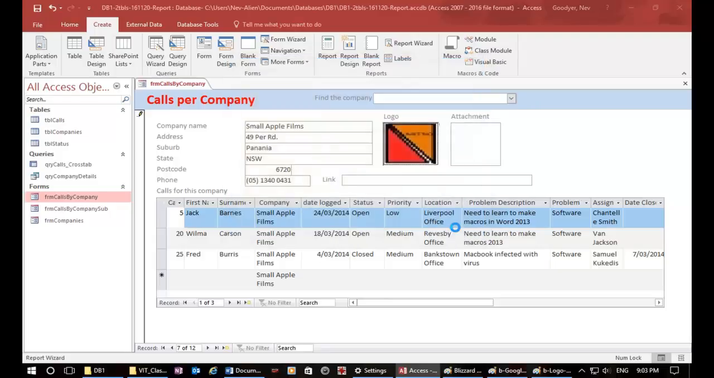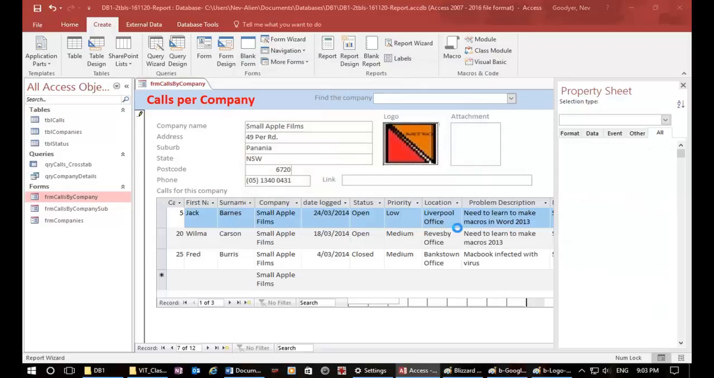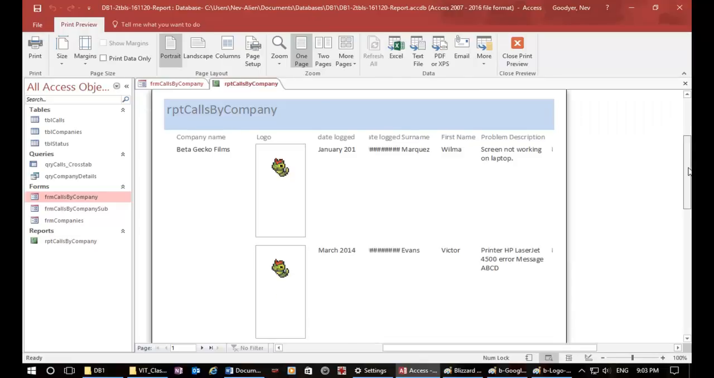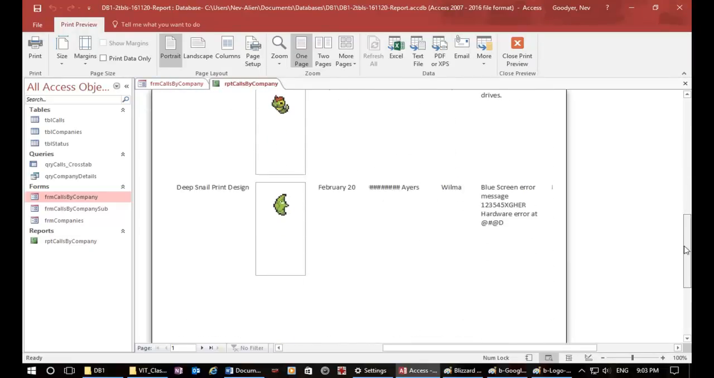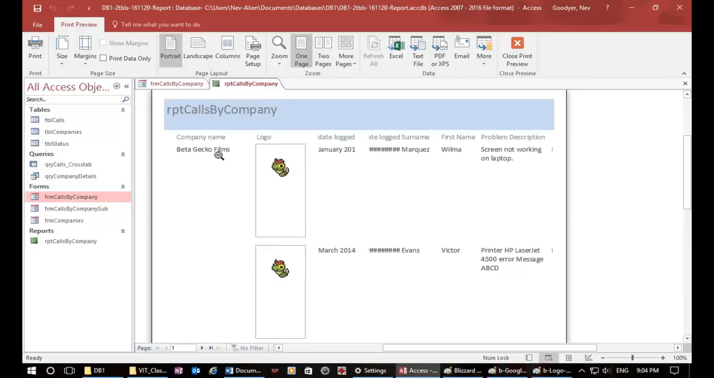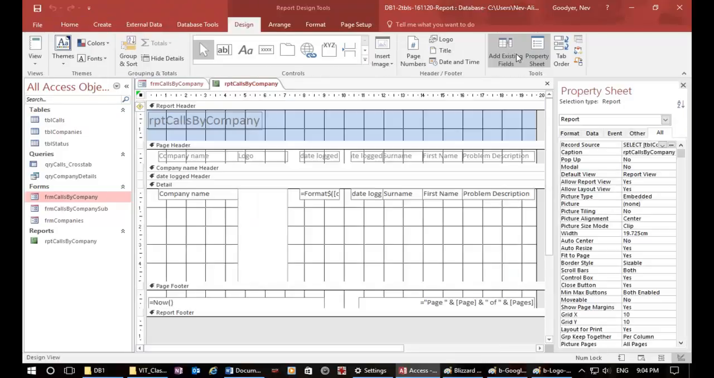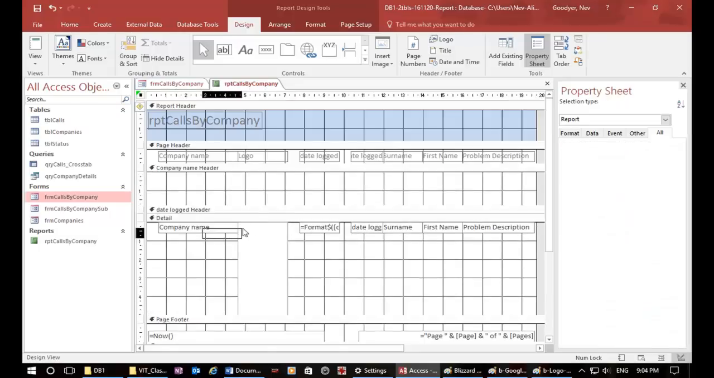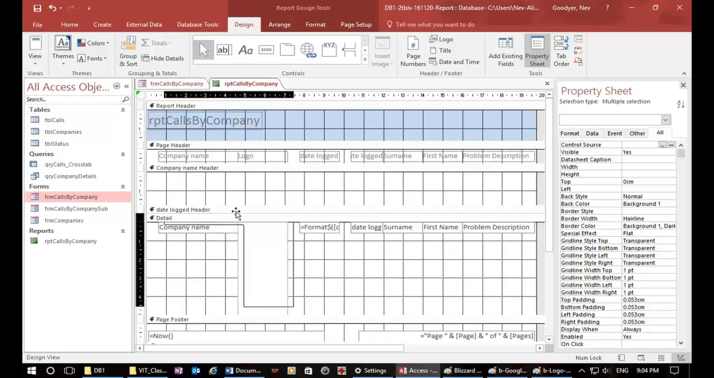Finish. Preview the report, and there's a bit of code running behind the scenes now, and it's put this in. Note that Gecko has got 3 logos, and we really only need 1 logo. It has only put the name in once, but it's got the logo in 3 times. So if we close our print preview, we will come into design view. If I go into the company name header, and I put the company name up here into that header,